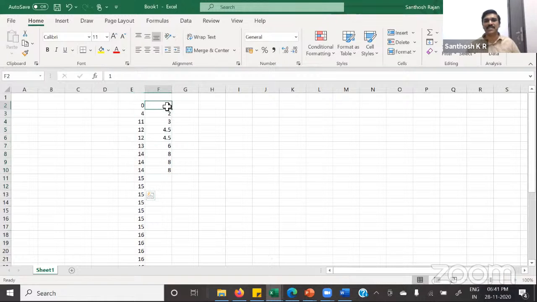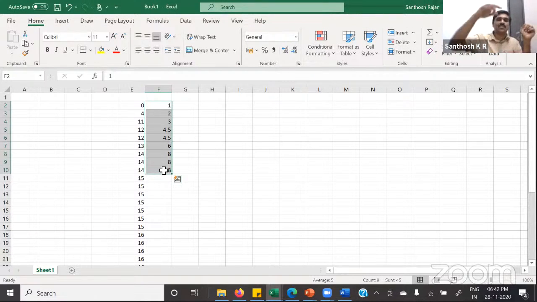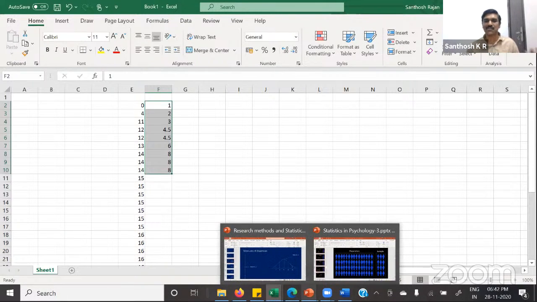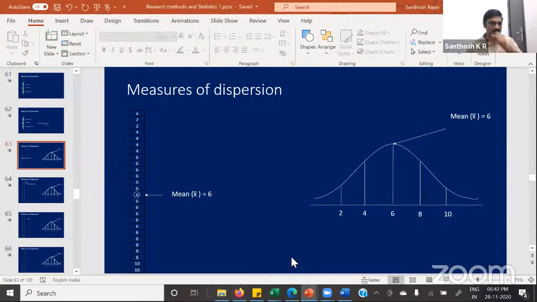So the Mann-Whitney U test is done on these ranks. Always these ranks will be equally distributed, because it is just like in a Likert scale, where strongly disagree is given 1 and disagree is 2. Likewise, I am ranking these scores into a different pattern of numbers, and I am doing my calculations on those ranks. So there is no problem even if it is not normally distributed. That's the logic behind it.